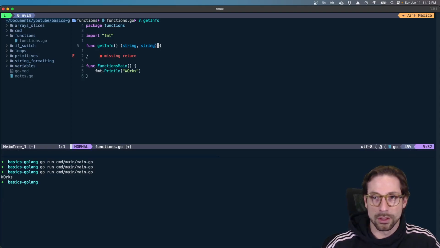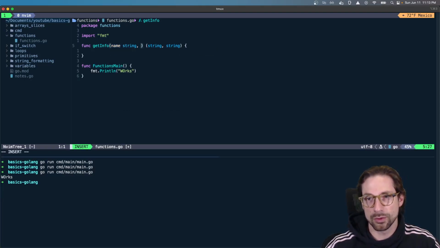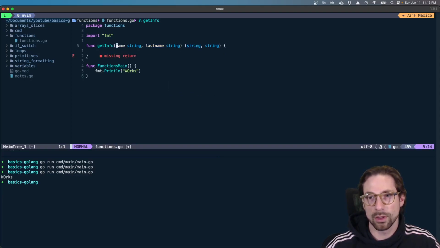So here, just so you guys can see, I'm going to put name of type string, last name of type string. So I'm actually going to put first, so first and last, and I'm going to do return first,